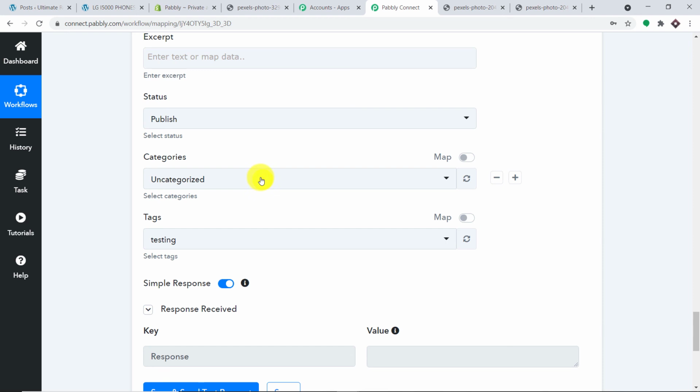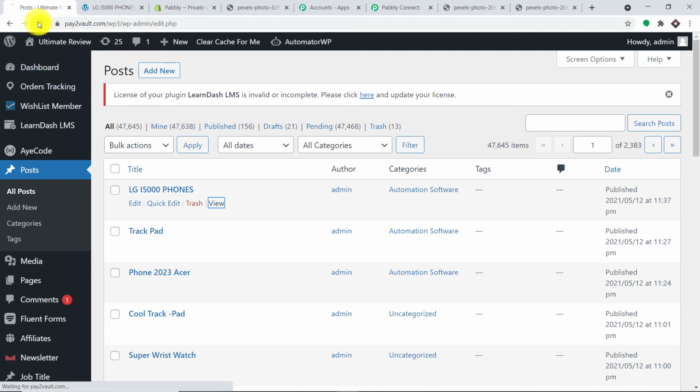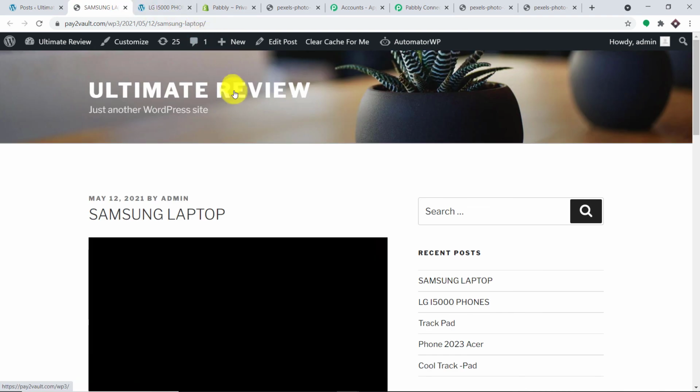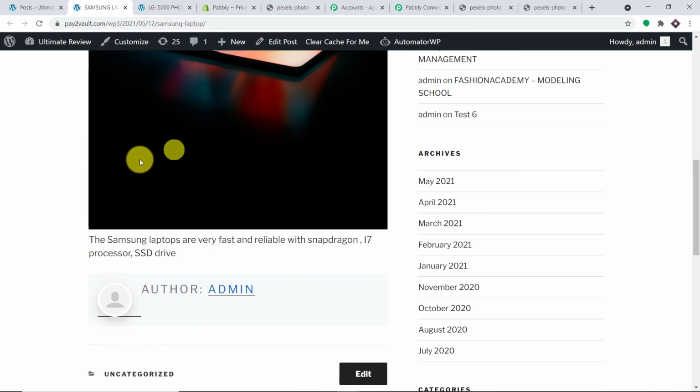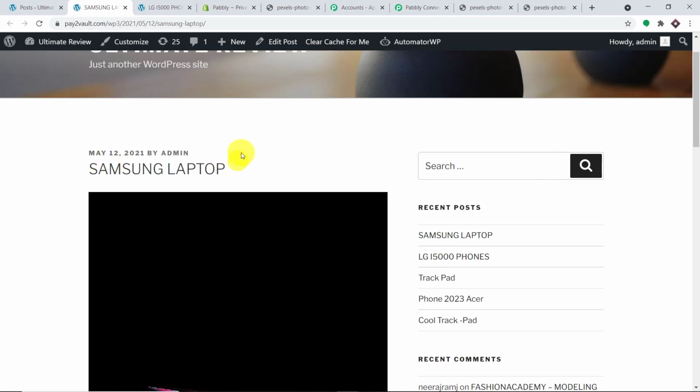This is the response that we have indeed created a product. So let's have a look. Do we have a post of Samsung? Let me just refresh the post page. Yes, we do have a Samsung laptop. So this is the post. Let me click on view. Yeah, so this is the image and this is the description. Basically, this is the content and this is the title. Excellent. The presence of this post shows that we have successful integration between Shopify and WordPress.